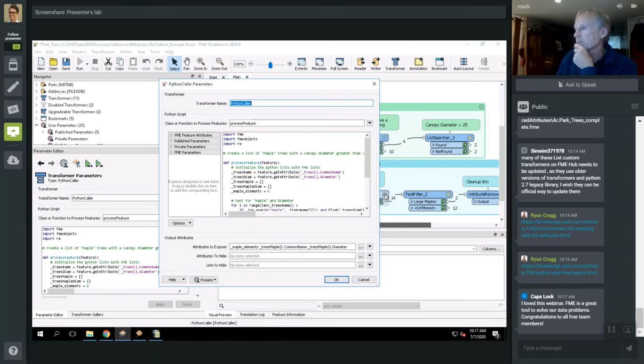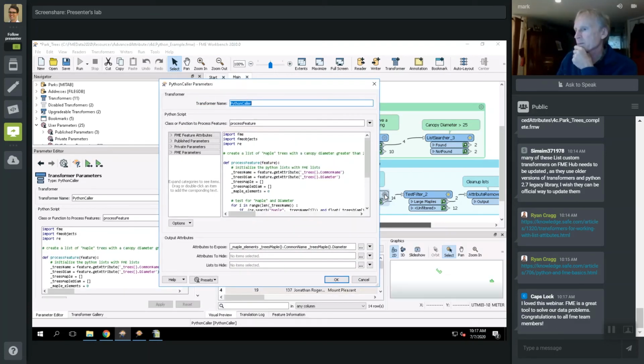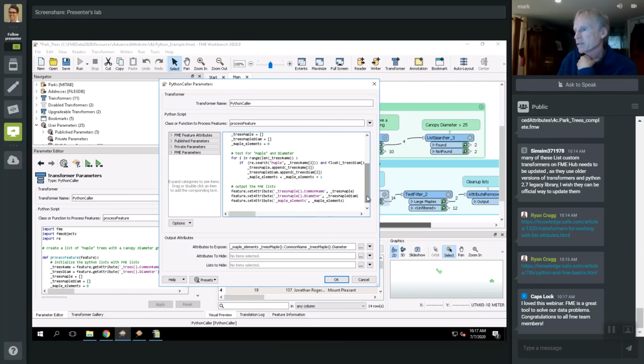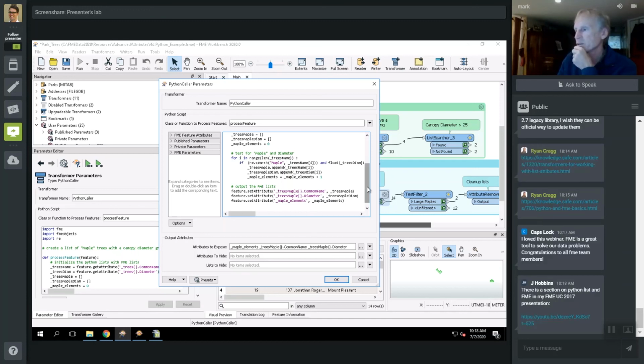Python would be a really good place to do this. So we can get our tree lists using get attribute of the tree common name and the tree diameter. We can use all the Python functionality that is available for working with Python lists. We can also use regular expressions in Python if that's something you've fallen in love with as part of